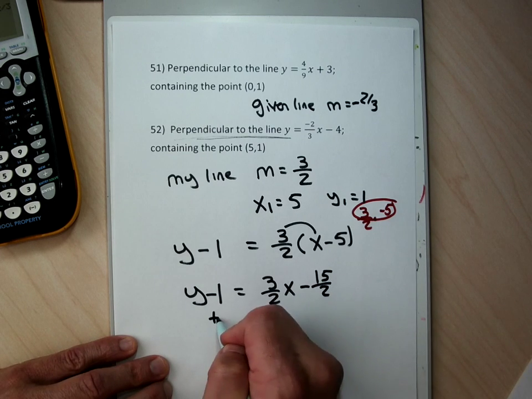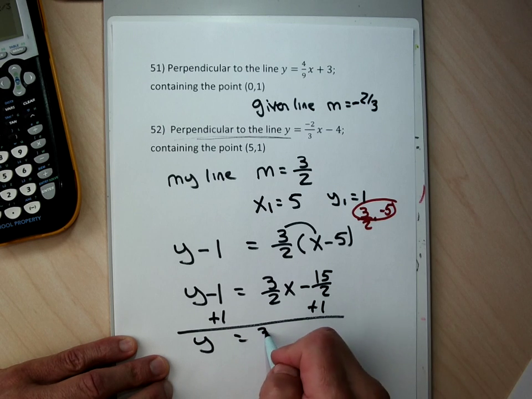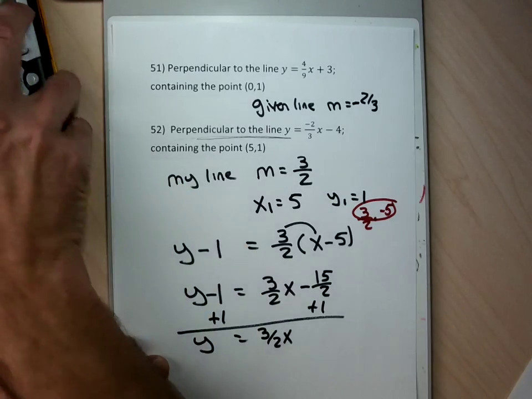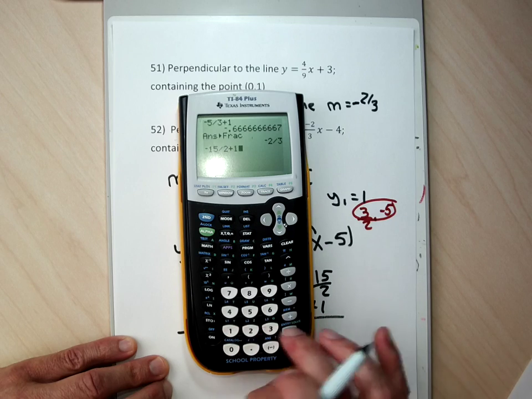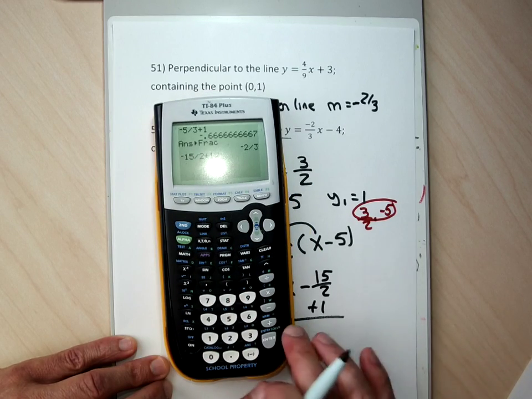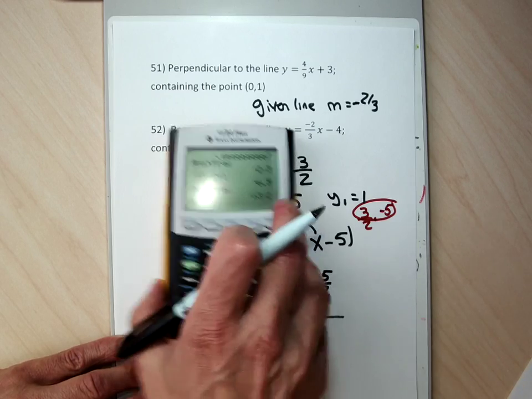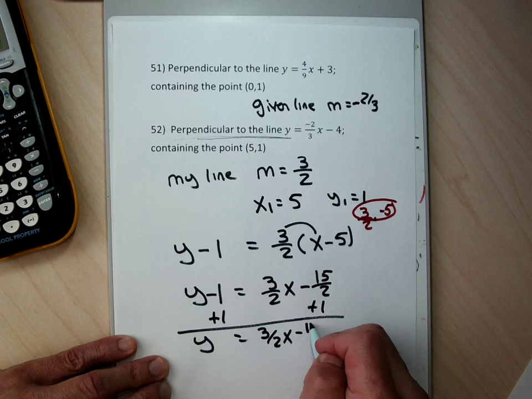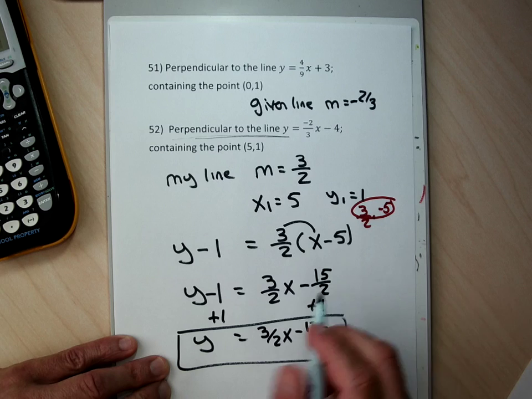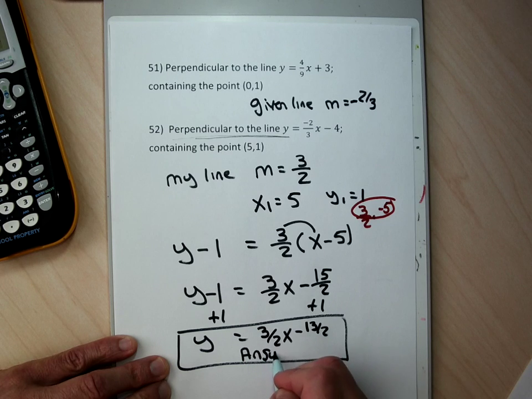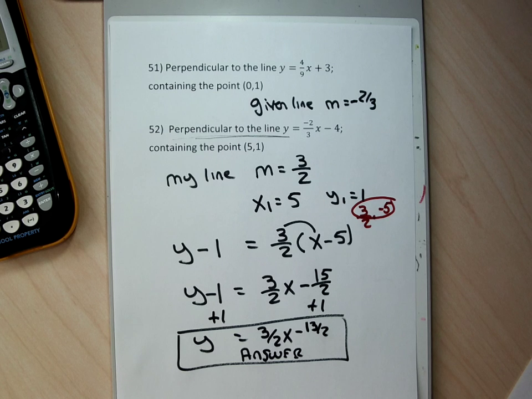I'm going to add 1 to both sides. That's going to give me y equals 3 halves x. Let me just do this real quickly. Minus 15 divided by 2 plus 1, which is what I'm trying to do here. And then math, enter, enter. I get negative 13 halves. I won't even do that by hand. But you certainly could. You'd go negative 15 halves plus 2 halves to get that negative 13 halves. So my answer to problem 52 is y equals 3 halves x minus 13 halves to work just like your